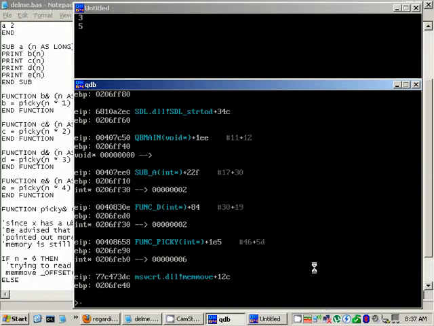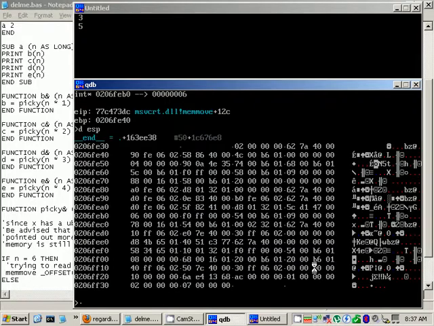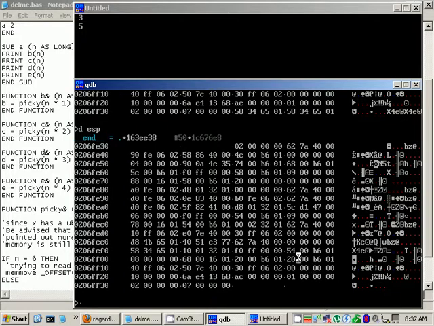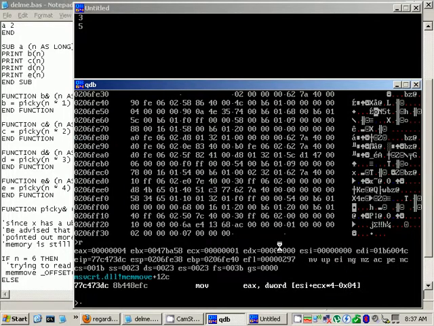We could do a raw stack dump. Actually, I'm going to do D ESP. I'm actually going to do D EBP also. Let me see if that works out better. You know what? I don't think that worked out very well. Let's do ESP, which is the stack pointer, and R also. EBP is FE40, FE40. So